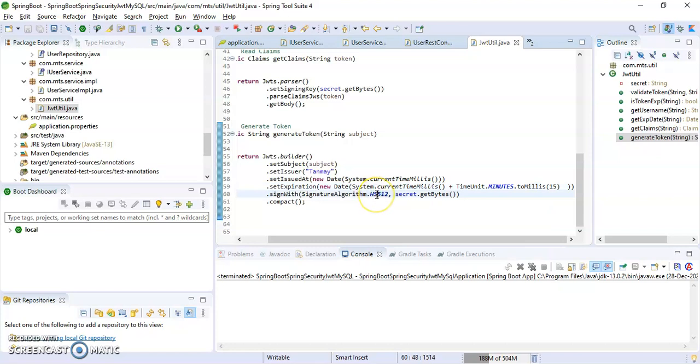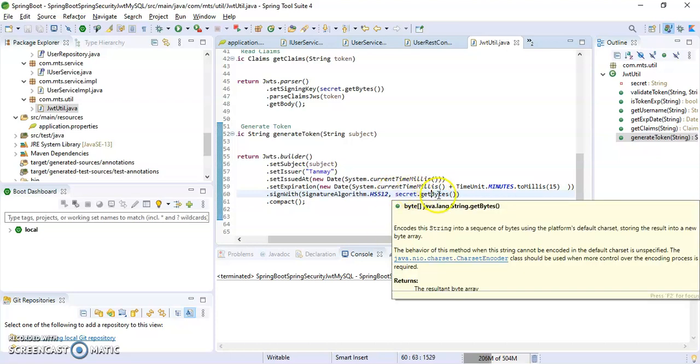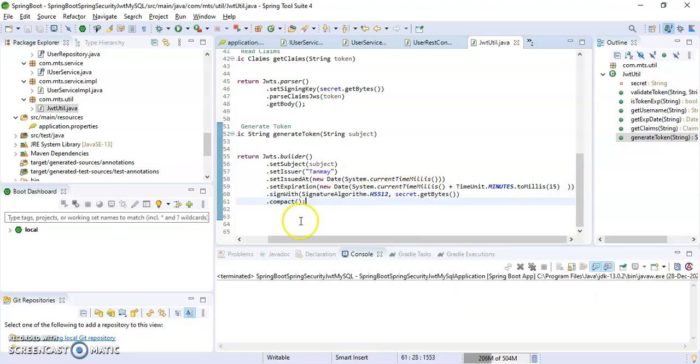You can give various algorithms, HS256 and HS512 are used for signing. Then pass the secret: you can see the signature algorithm HS512, and secret.getBytes and .compact.